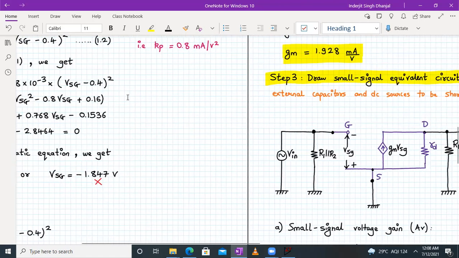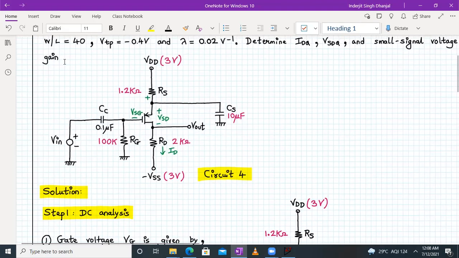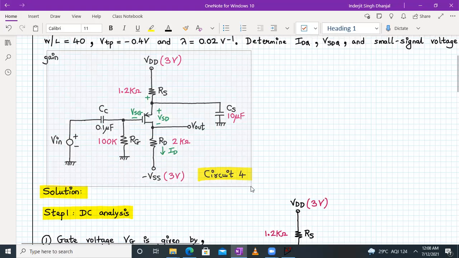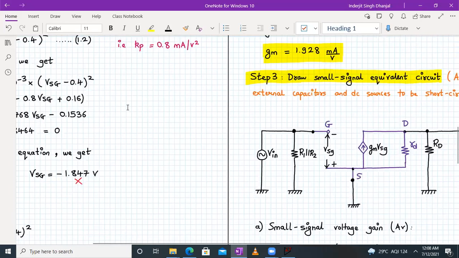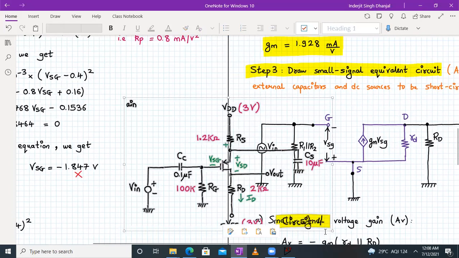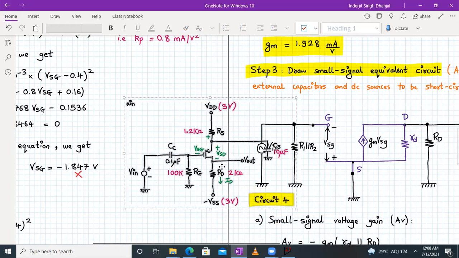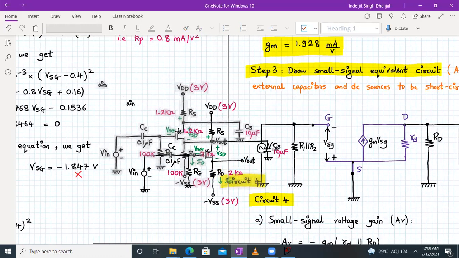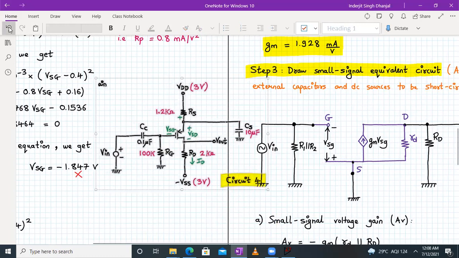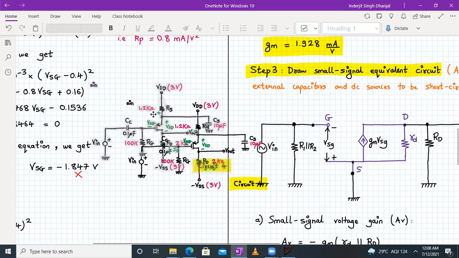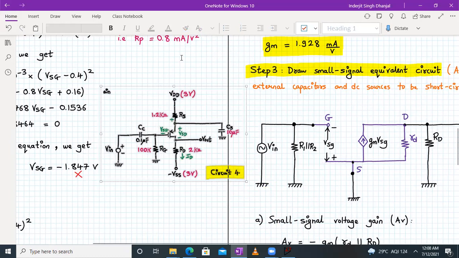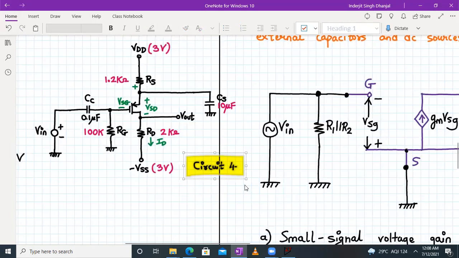So let me bring the original diagram over here. For the time being, we can bring it without any problem, and later on we can remove it. Just for analysis, we are doing it. Let me add that diagram over here, slightly reduce its size. A little bit more I have to reduce the size. I guess now it's fine. Now we can easily compare and draw the small signal equivalent circuit.